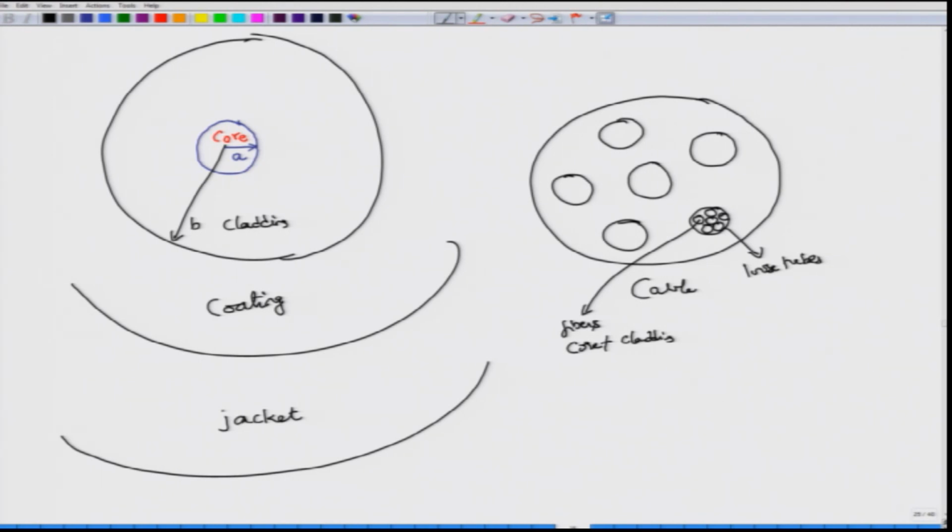As I have told you, this is not the only cable design, there are many designs that are possible, and this central member, okay, does not really carry anything. This is just for mechanical support, okay, around which you have this particular cable with typically about 6 of them. Okay. I probably missed one circle, so I am going to put one circle out there. So, there are about 6 of them, not exactly, they are actually completely surrounding it, I have not shown it nicely, and each of these loose tubes themselves will have about 6 or 7 fibers.